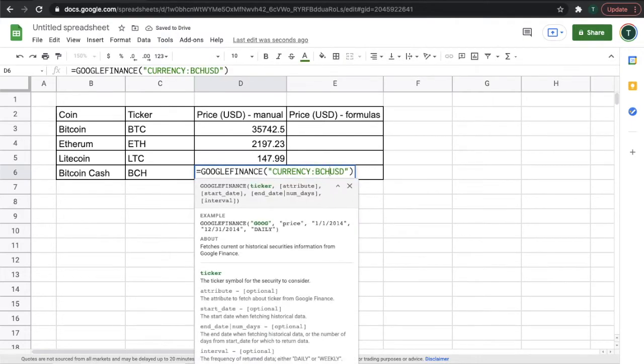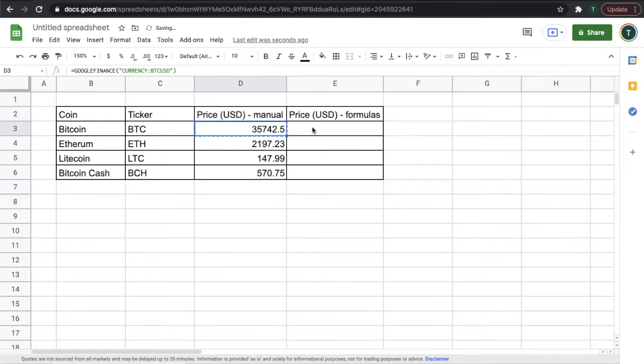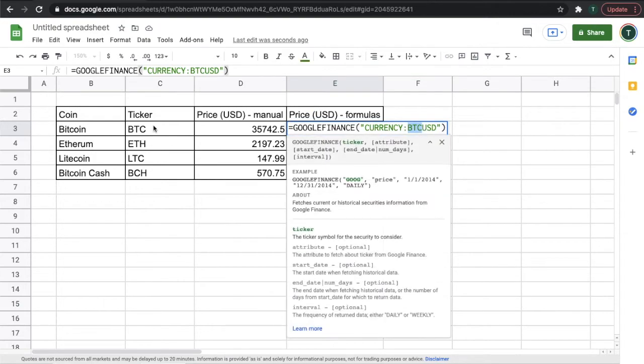Now, there is a smarter way to do this because that was kind of a little too manual for me. So let's go ahead and copy this formula. Okay, Control C, Control V, copy the formula. But we can replace this value with the value in C3. So what we do for that is quotation marks, the ampersand,